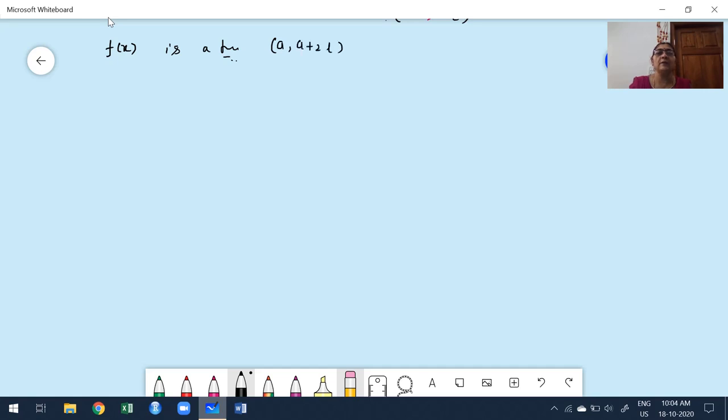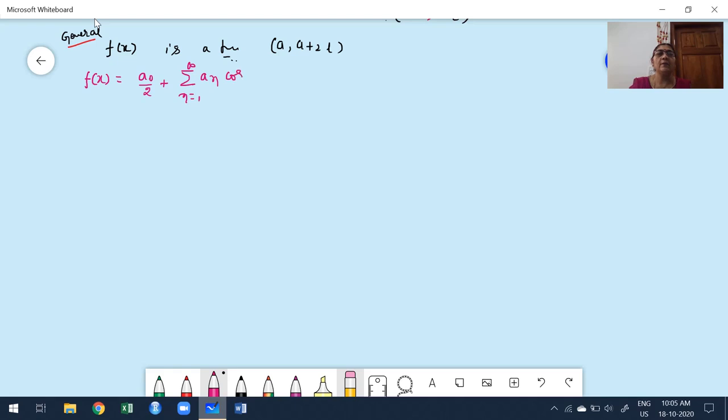I want to construct, this is a general construction for Fourier series. This is a general formula. Suppose a function is defined in the interval a comma a plus 2l. What's the formula for construction of Fourier series? The formula for construction of Fourier series is a naught by 2 plus summation n ranging from 1 to infinity a